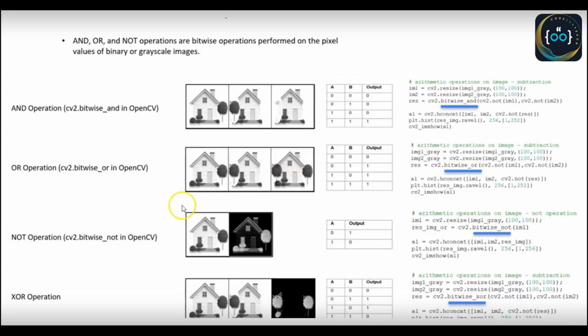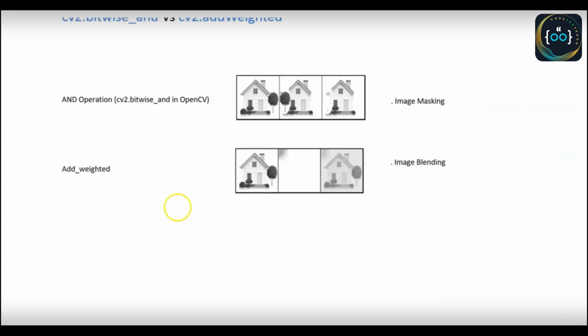When it comes to coding, we use bitwise_and, bitwise_or, bitwise_not, and bitwise_xor to do these operations. Make sure to resize the image before doing the bitwise operations. Before concluding this session, I wanted to clarify a doubt that may be there in your mind between cv2.bitwise_and and